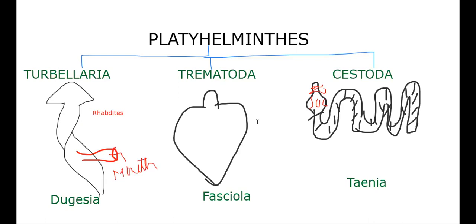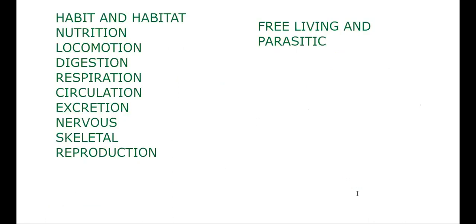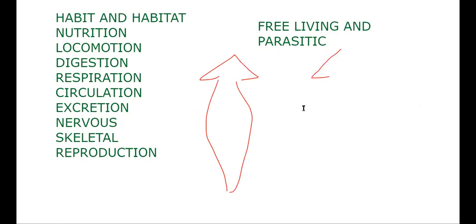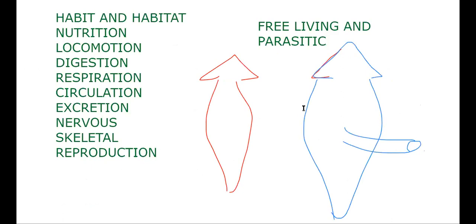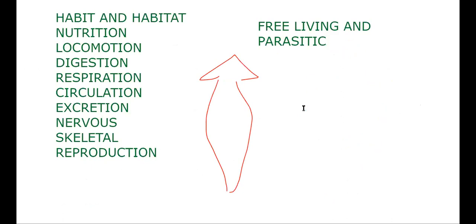Did you observe that? I did a small magic here. Whatever is in the text, I drew like that. Actually, Dugesia should be drawn like this. This is Dugesia, planaria. Usually we call them planarians. That is the dorsal side. When you draw the ventral side, it will be like this, and the mouth is present on the ventral side. Oh my god, size difference. Okay, wait, I'll draw the same size.